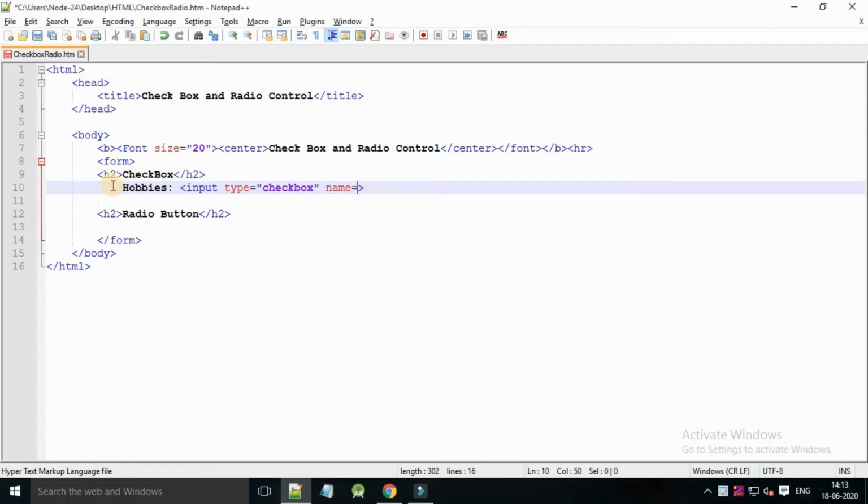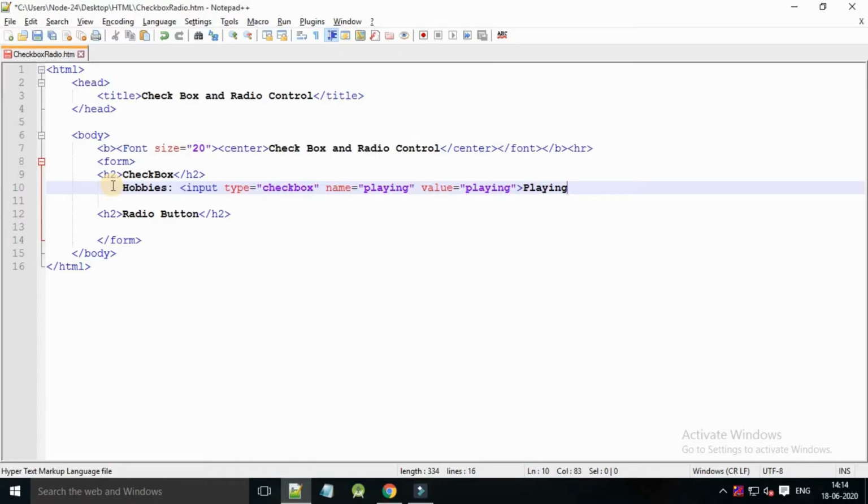So here, input control for a checkbox: type is equal to checkbox. This is used to indicate the type of input control, and for a checkbox input control it will be set to checkbox. Then another attribute is name. Name is equal to playing in double quotes.